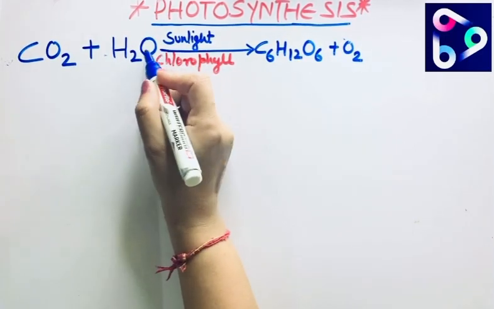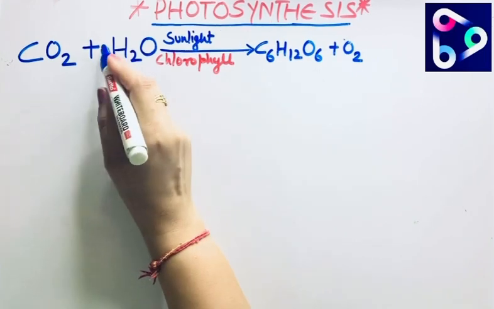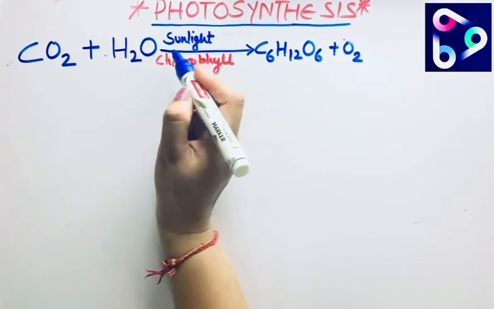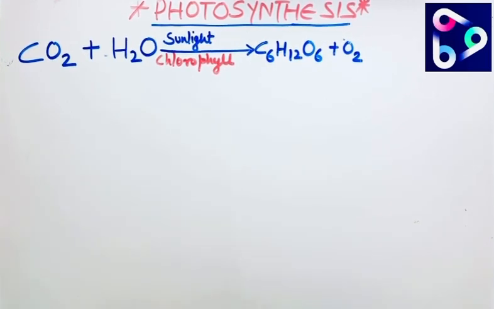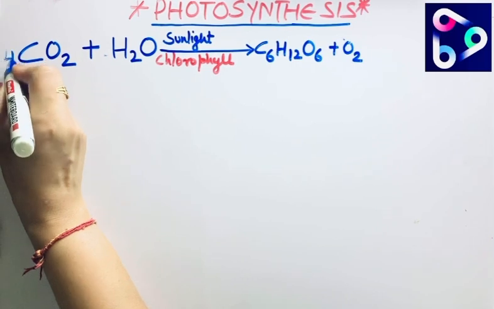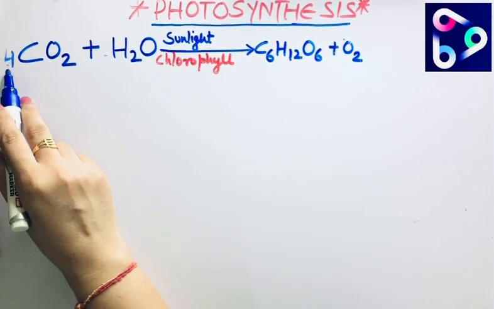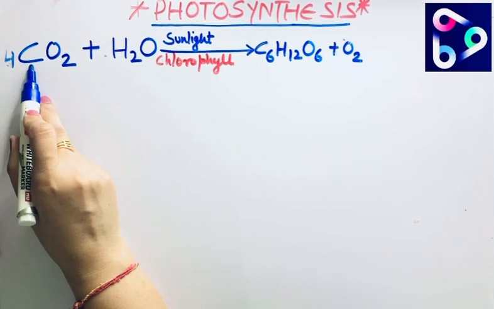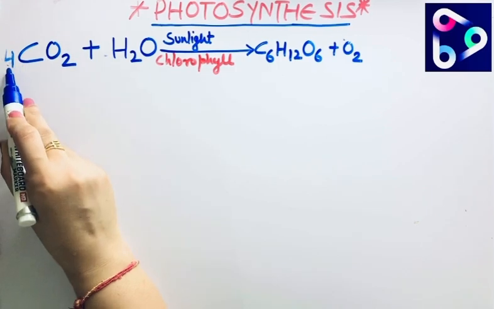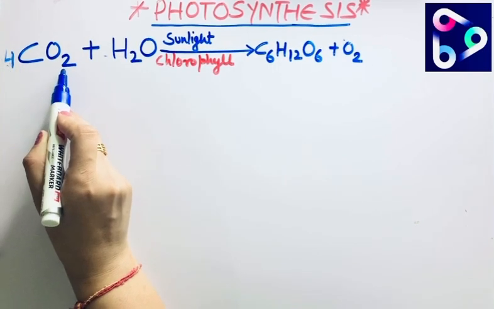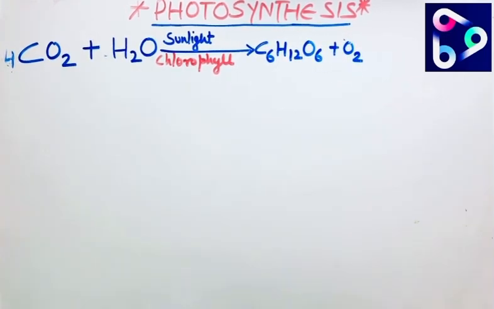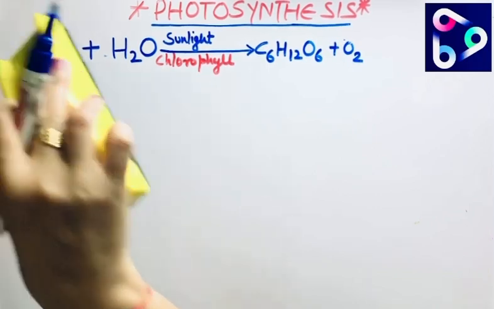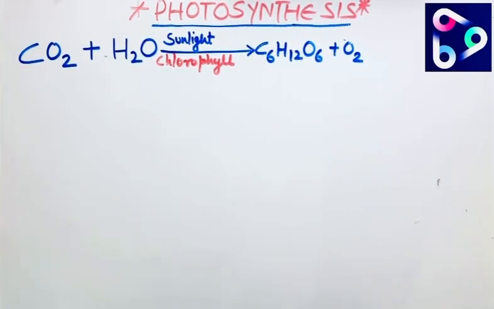We cannot make it H2O2. You can add the 2 only at the front, because otherwise it goes against the nomenclature rules. One more thing: if I add 4 here, that is 4 CO2, it means 4 molecules of carbon, and oxygen is 2 here. So whatever we add in front will multiply the subscript. Like 4 is here and the subscript is 2, so 4 multiplied by 2 is 8. Keep these two things in mind, then the balancing will be easy for you.